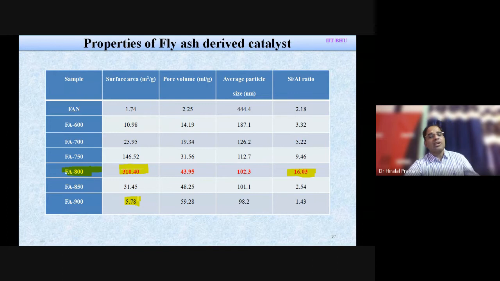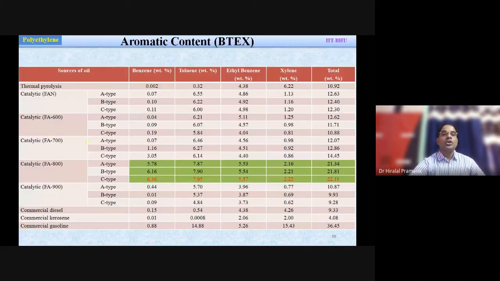Pore walls are not visible; the pore walls have collapsed. That's why you can also see that the silica alumina ratio goes down from 16.03 to 1.43. So at FA800, we can calcine the same catalyst to get a better catalyst in terms of surface area and silica alumina ratio. When this catalyst was tested in place of ZSM, what we observed was that the FAN natural catalyst, thermal pyrolysis first of all,